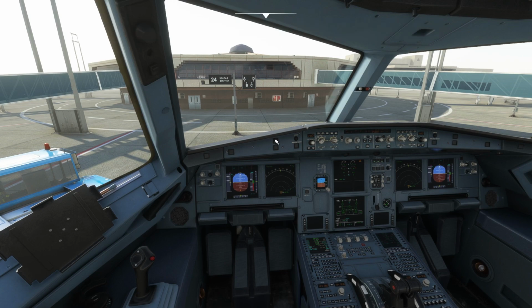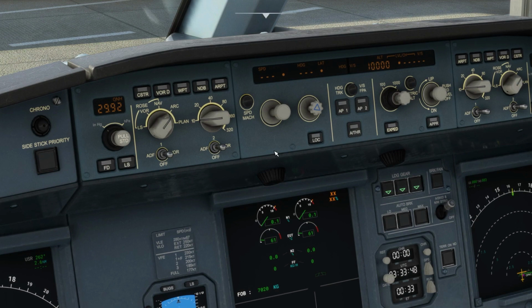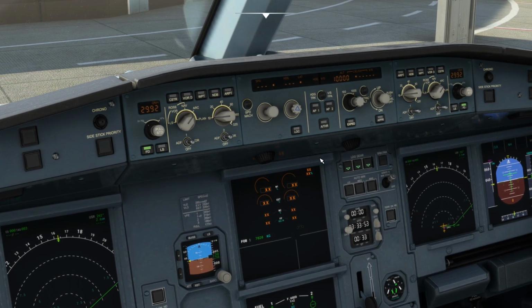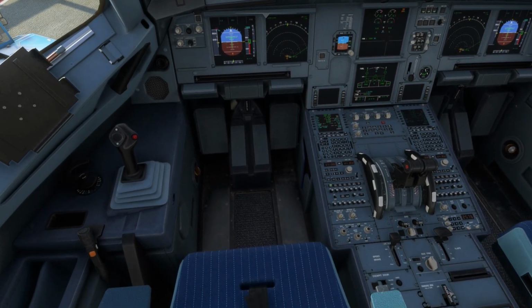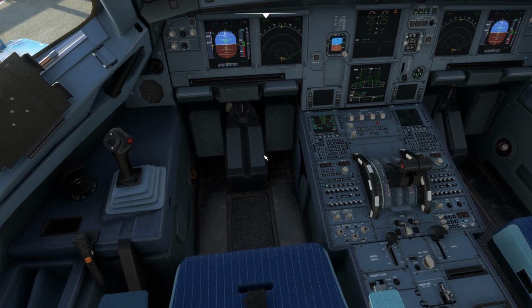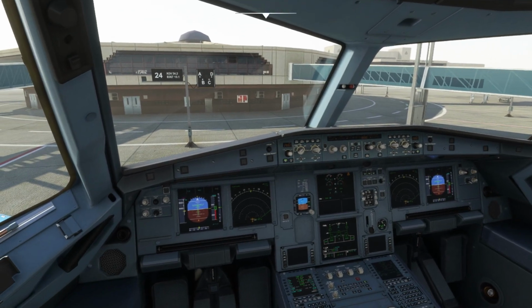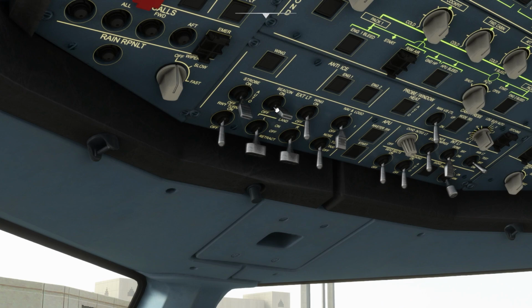The initial altitude that I've been given clearance to climb is 10,000, so I will just keep 10,000 over here. Make sure that the flight directors are on both sides. They're actually combined, so if you turn on this option, this will also be active, and that's it. Now as the MCDU is ready, it's time to turn on the lights. Let's get the strobe set to auto. Let's turn on the beacon because we're going to start the engine, and nav and logo, let's turn them on,